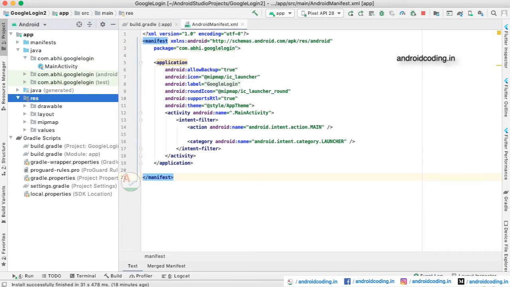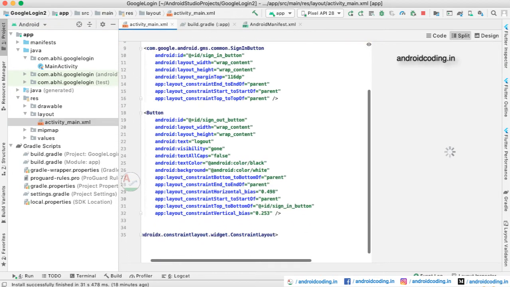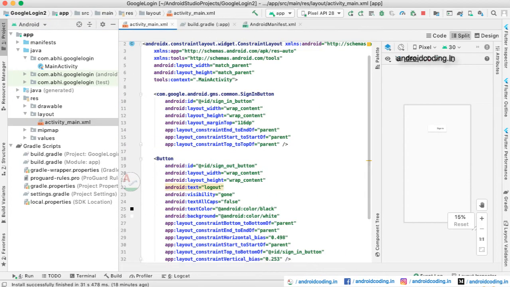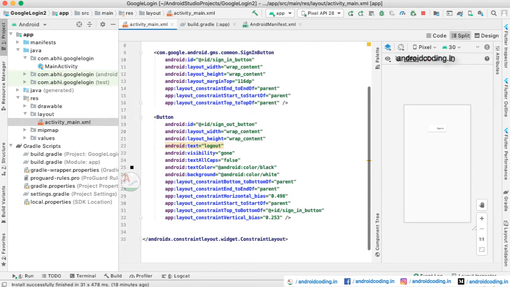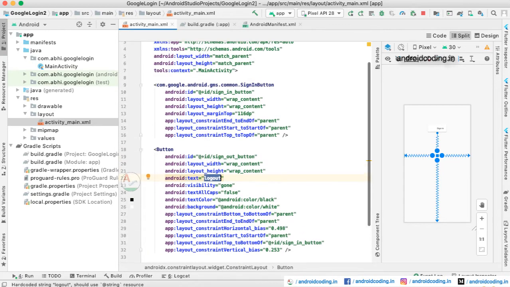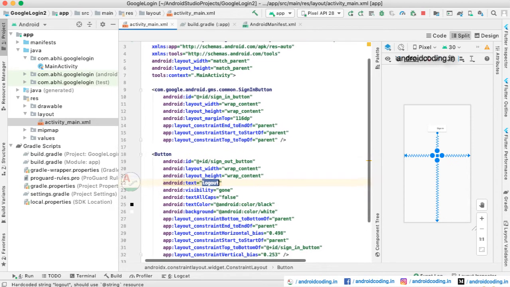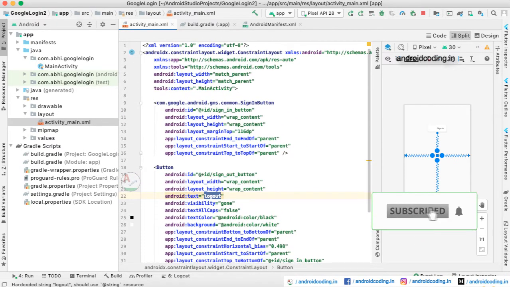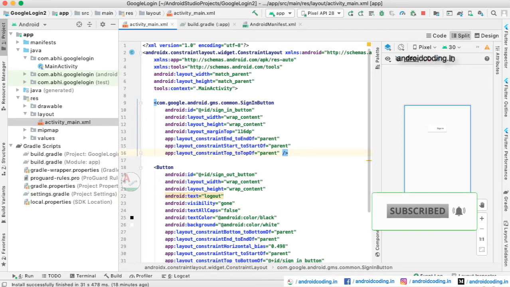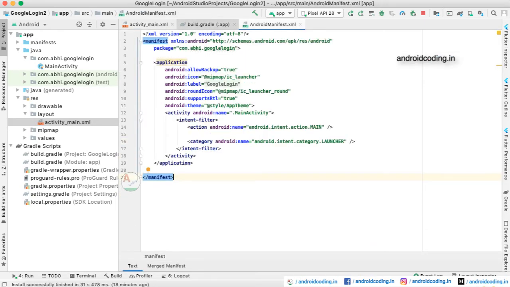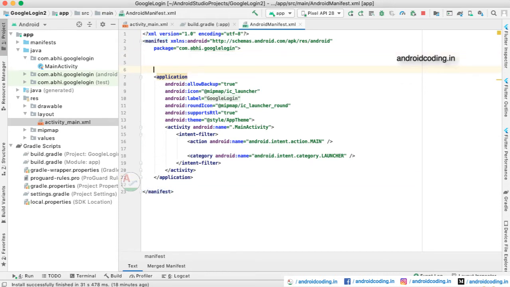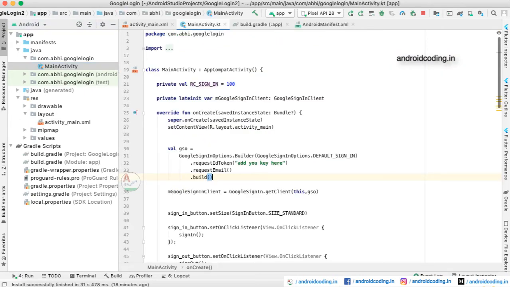The first thing is you need to design the view. One thing I want to specify here: in Google there is only a sign in button which is provided by Google. There is no sign out button. So I have manually added a logout button here. You can also make use of your own component here. This is just a tutorial, so I have added only two buttons, and you may update the view according to your requirement. The other thing is you need to add the internet permission in your Android manifest file. Now let us start with the coding.